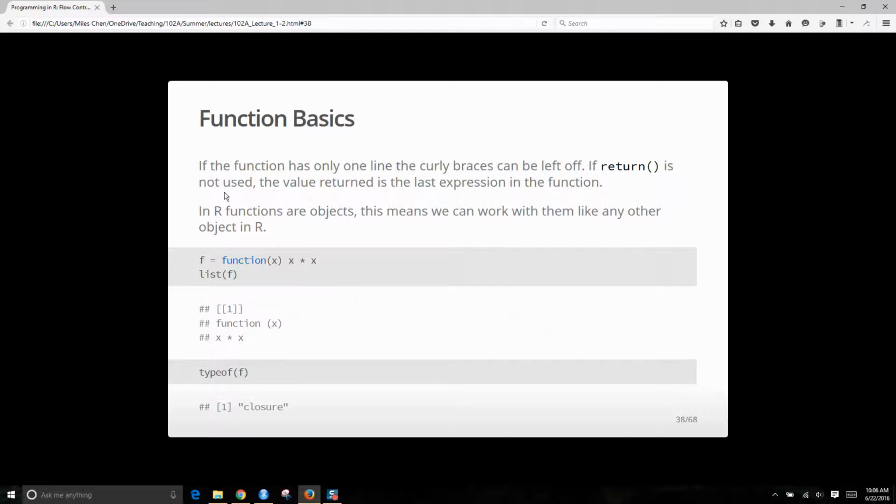But we can create a function. Here f is a function that basically squares things. f is a function that accepts an argument x, and what it's going to do is multiply x times x, and that's it. There's no curly braces. And if we ask R to create a list of f, then it will